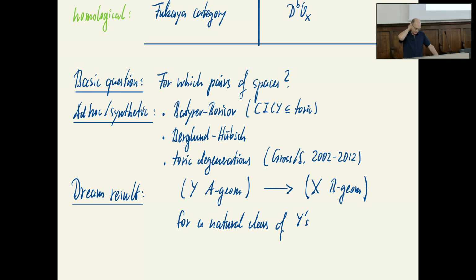So maybe that was one reason why people, especially physicists, never thought more deeply about what should be pairs of spaces. But then there are other things, the Berglund-Hübsch construction, which is related to the Batyrev-Borisov construction, still a kind of toric geometry. And then with Mark Gross, I had a program, still have a program, that started in 2002 maybe, and until 2012 it was basically a synthetic approach, a vast generalization even of this Batyrev-Borisov